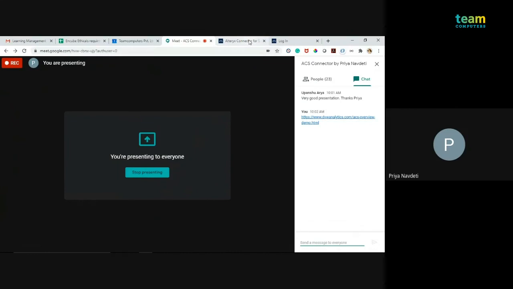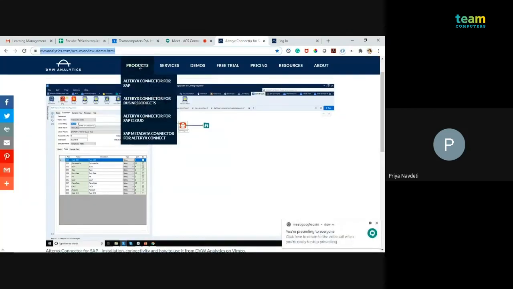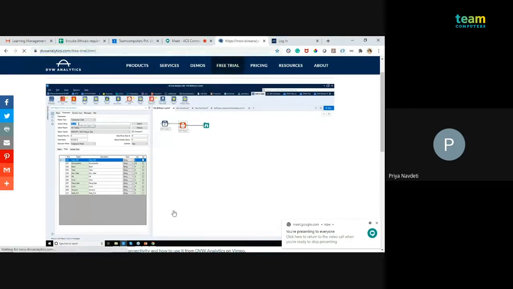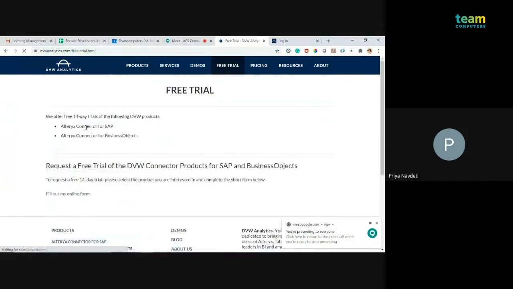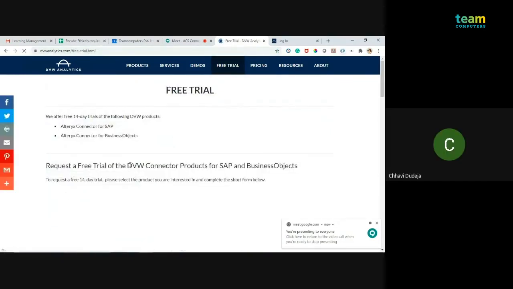We have a 14 day trial for this DVW tool as well, but to use that, we definitely need a SAP system. Can I download it from here? Is this a paid connector?